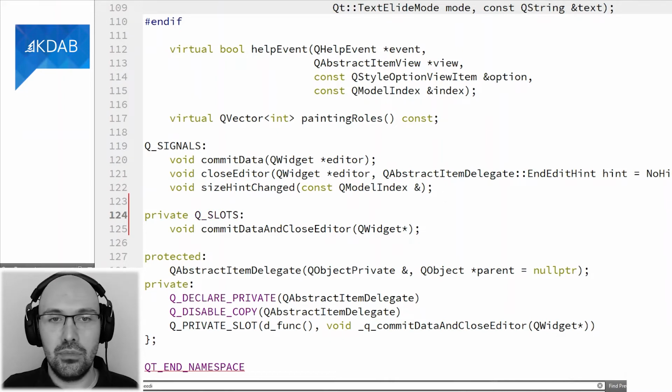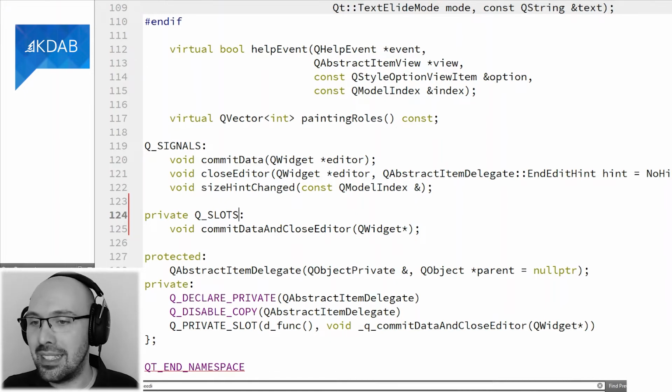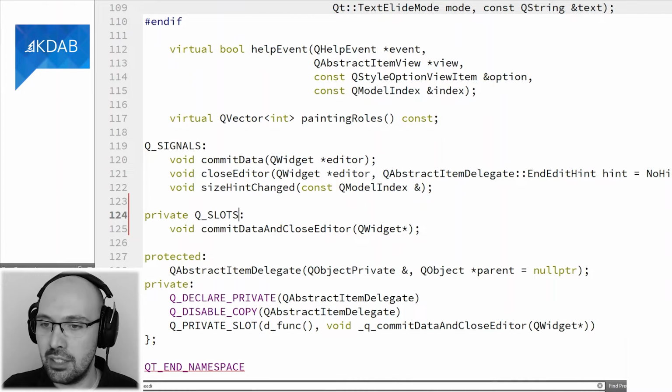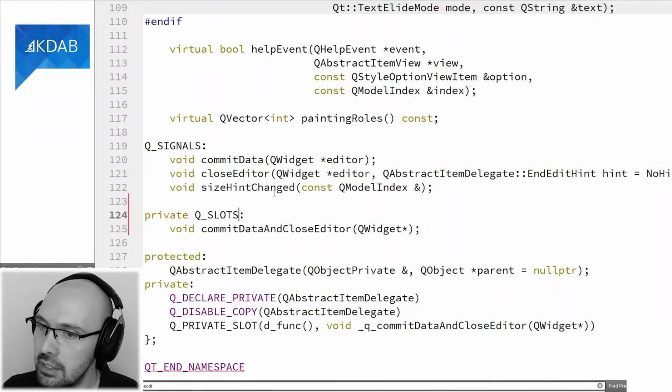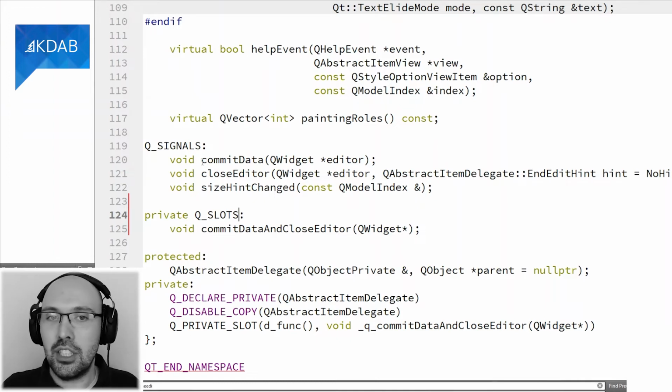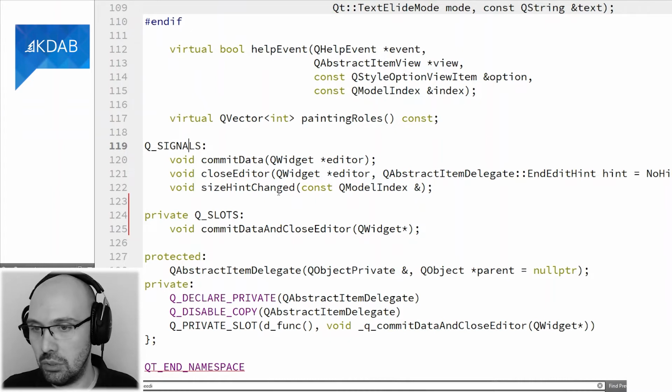But both signals, lowercase, as well as Q_SIGNALS are macros, and they both do exactly the same thing. They're both markers for moc to extract this information from the class, to implement these three functions here as signals. The difference is just how you spell this as far as the compiler is concerned.